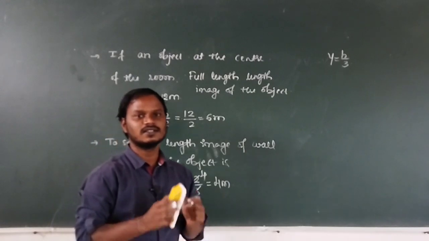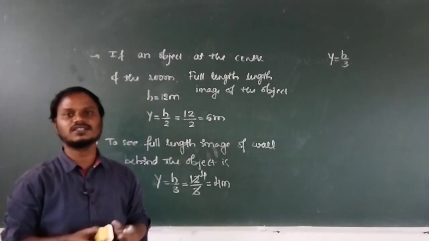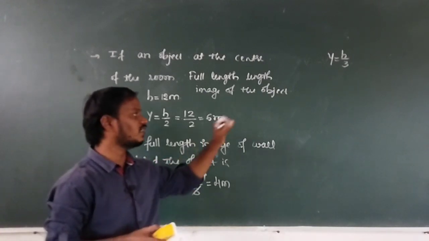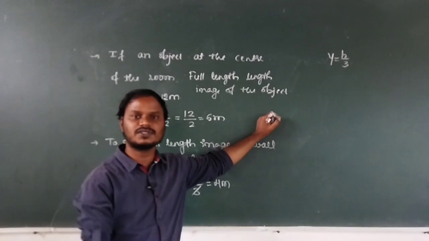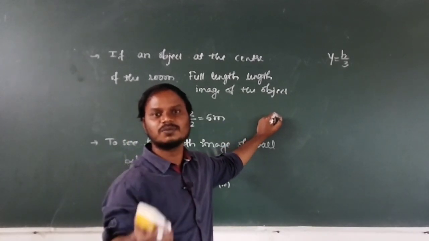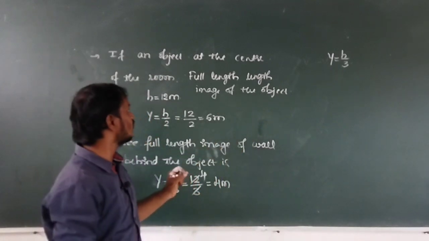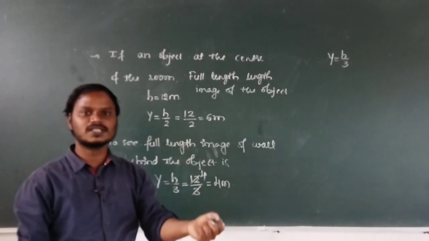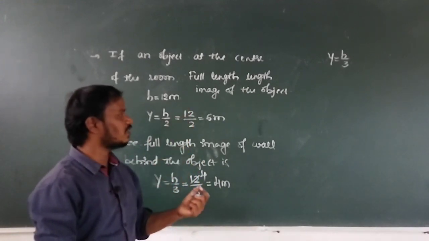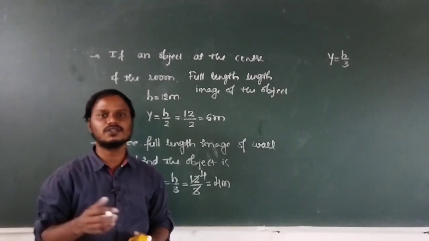Okay, this is the next neat application. And what is the first neat application? The relative velocity of the image with respect to the object. What is the relative velocity of the image with respect to the object? That is 2 times the velocity of the object. And the next neat application is, what is the minimum length of the plane mirror required to see the full length image of the object and full length image of the wall behind the object. Okay, next class we are going to discuss about spherical